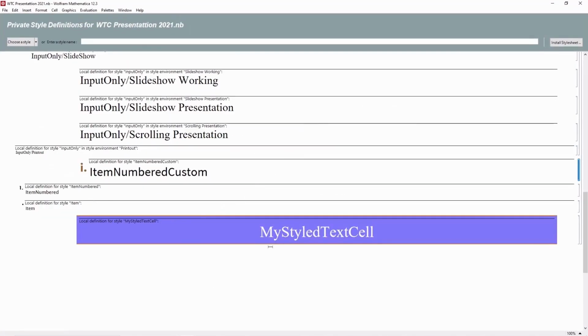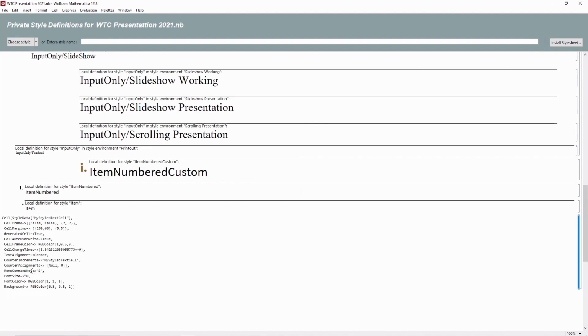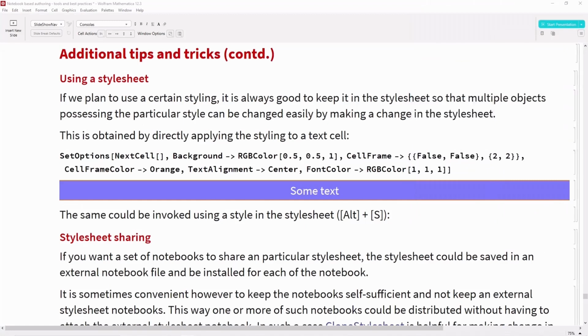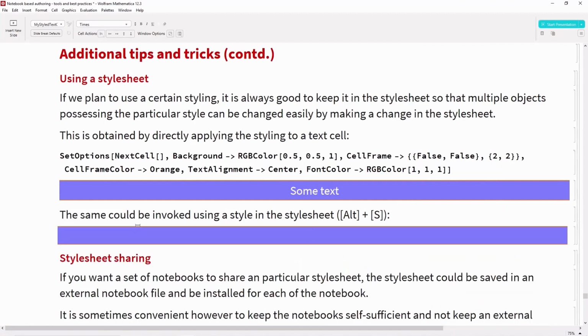Here you can see that I have added this type of cell into my style sheet, and it can be invoked with the help of the menu command key S. So if I click on Alt S, it creates my new type of text cell.